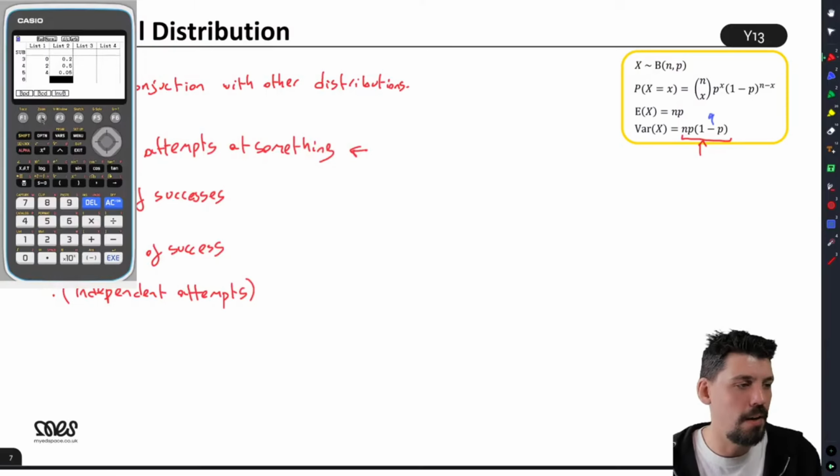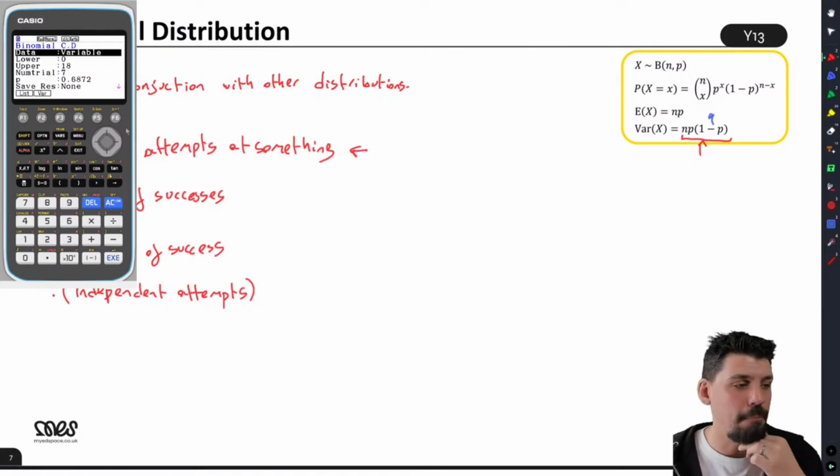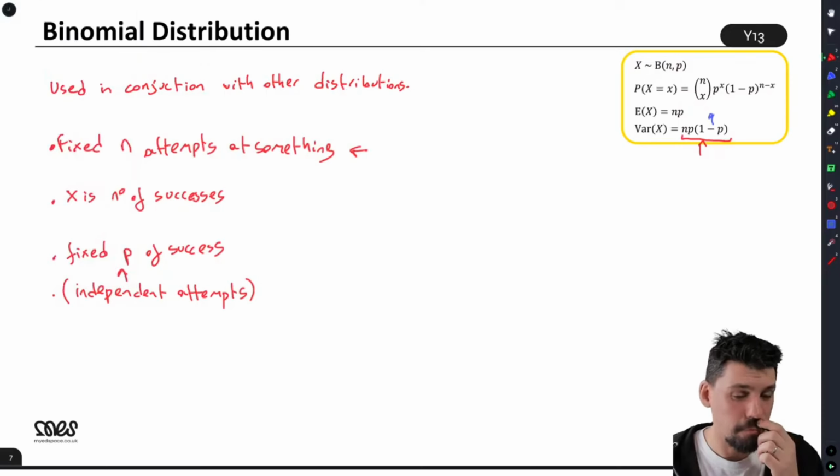We've got binomial CD, and this is where it comes up. That's if you want a range of values. Whereas I think the ClassWiz always does less than or equal to, on the CG50 you can put a lower and upper bound in, and we'll show that later. But that is really where it comes in. And then we've got the inverse, which is a little bit wonky for discrete distributions, but we'll try and use that later as well.